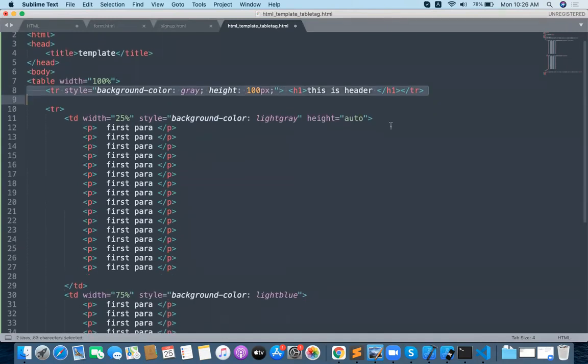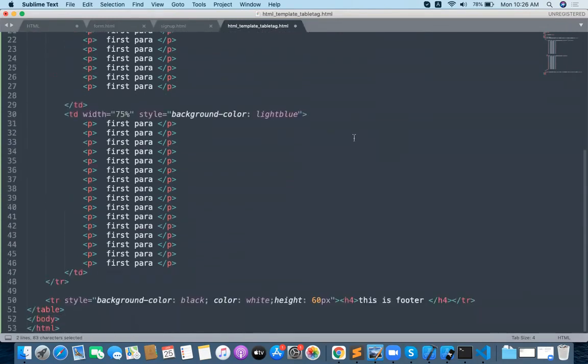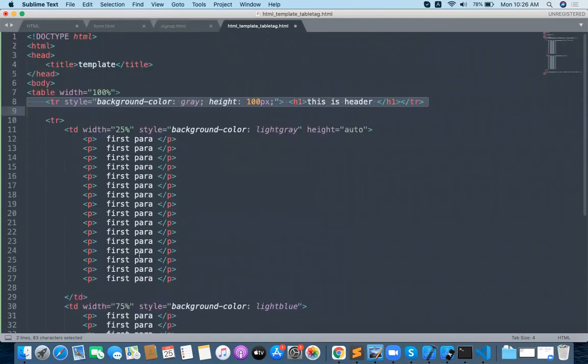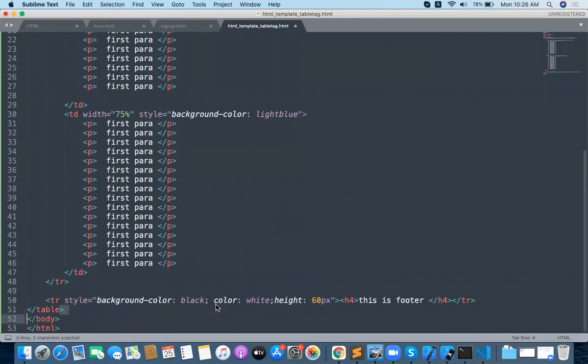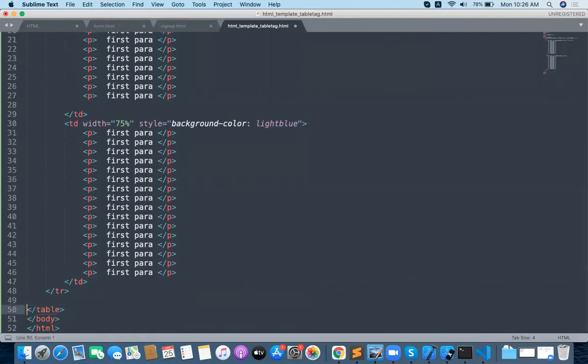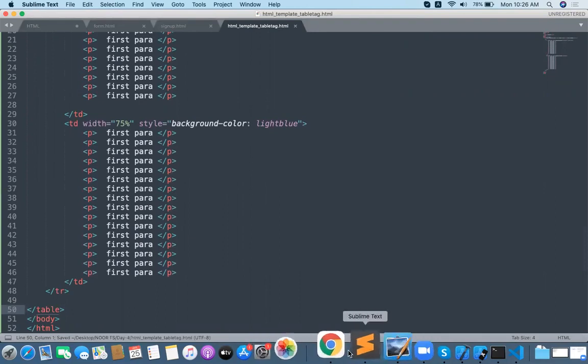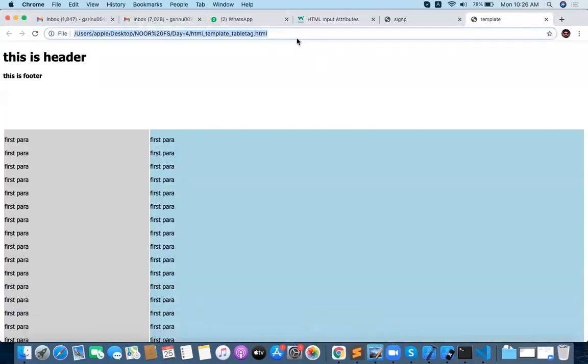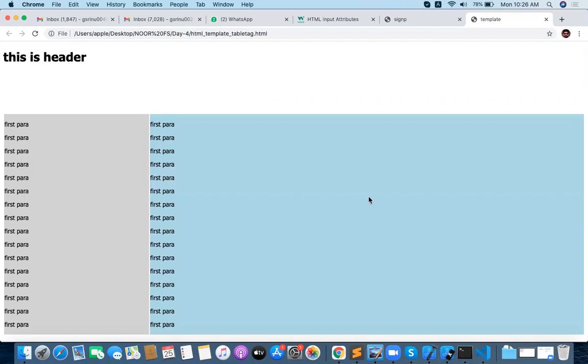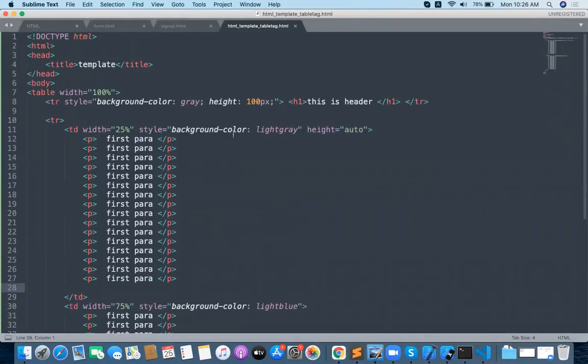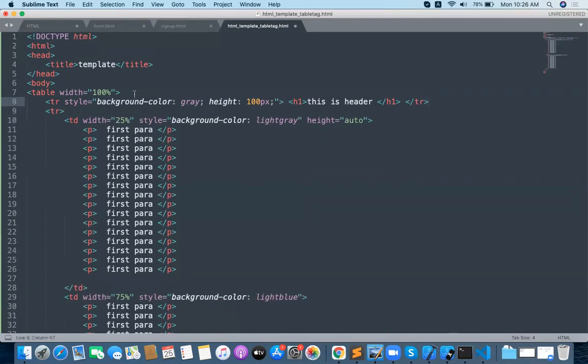This is the header, right? After this, one TR is there. The TR got closed properly. Check it out. Any issue there for the footer? Fine. This is a nice template. This is the header now, and the header has a TR style. Background color gray is not coming.